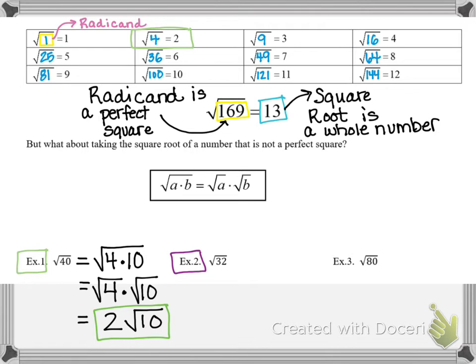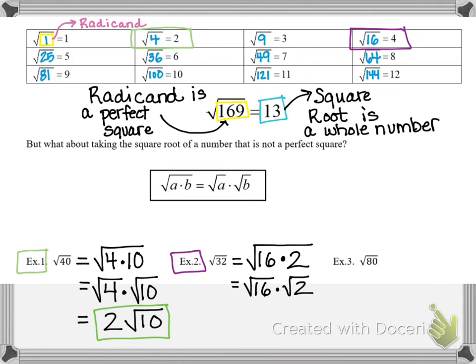I want to find a perfect square factor of the number 32. So if I look up in my table, I'm going to use the fact that the square root of 16 is equal to 4. So when I factor the number 32, I'm going to rewrite it as 16 times 2. So 16 is a perfect square. So the square root of 16